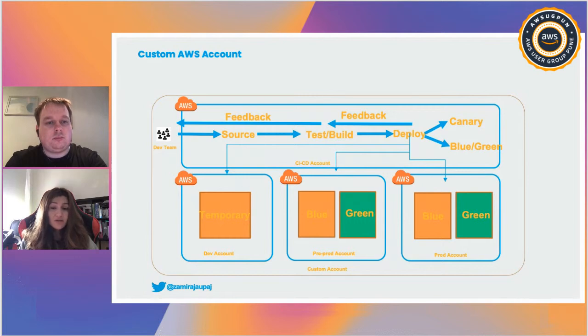Dev account, we created this environment to allow developers to start developing things, to experiment, to learn, to innovate, to build things up. Here, developers deploy their code, and test any newly implemented features or bugs. Once the code is considered, let's say, stable, they start building and deploying to other environments like pre-prod and